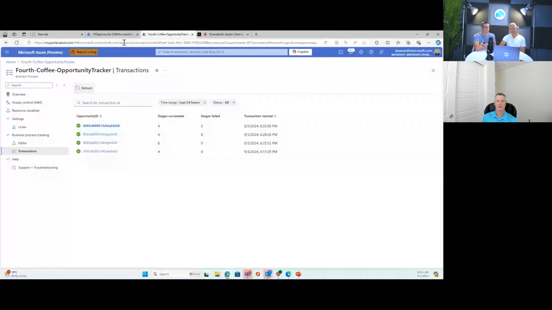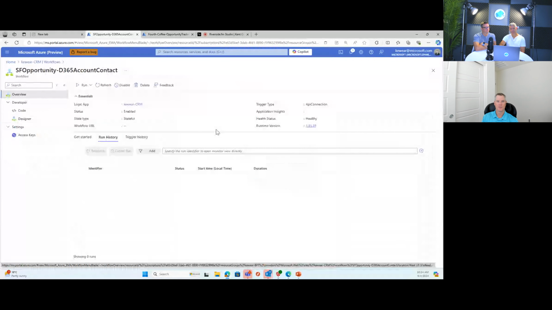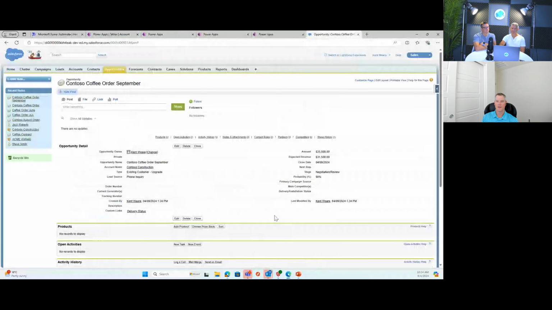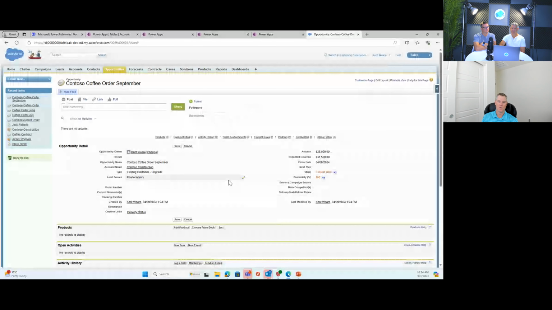And if we hit refresh, we should see that we don't have any new records created. The last record was last night at 6:30 p.m. So let's go back into Salesforce, and we've got the pricing sorted out, and we've got this address. We can now say that this is closed won.